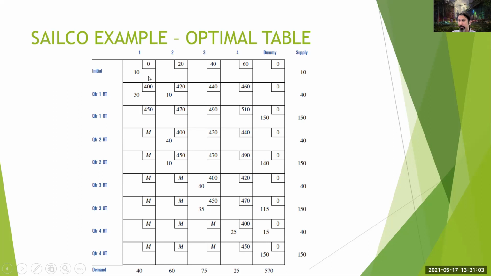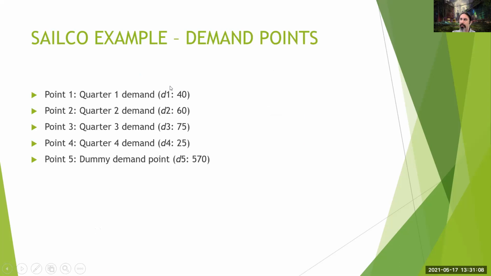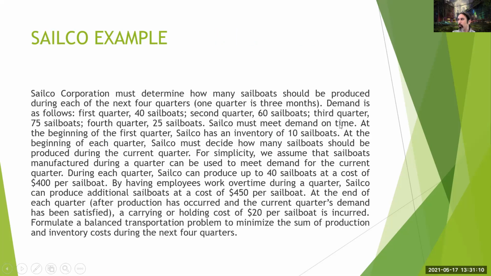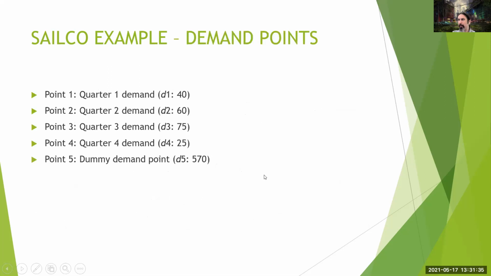Now, what about these costs in there? We already know the costs. Let's go back and see. Yeah, a cost of 20 per sailboat for holding, carrying, inventory costs, etc. So if we hold inventory, it's going to cost us $20. Okay, and there is the produce up to 4 sailboats at a cost of 400 per sailboat. If you work overtime, it's 450 per sailboat. So 400